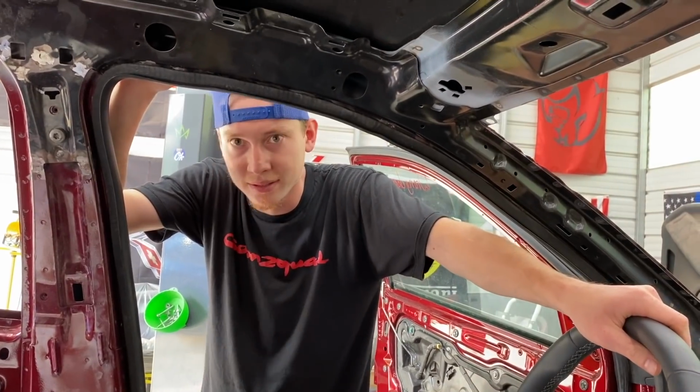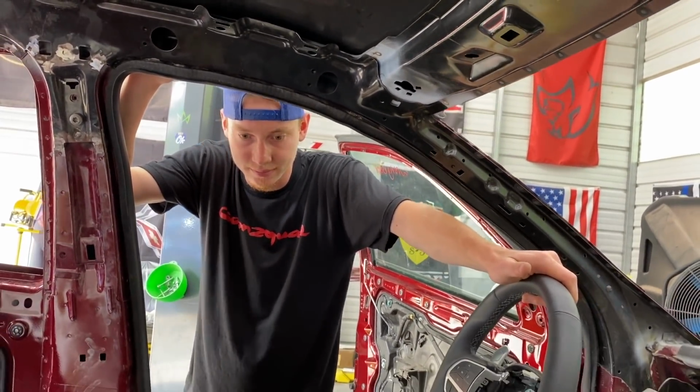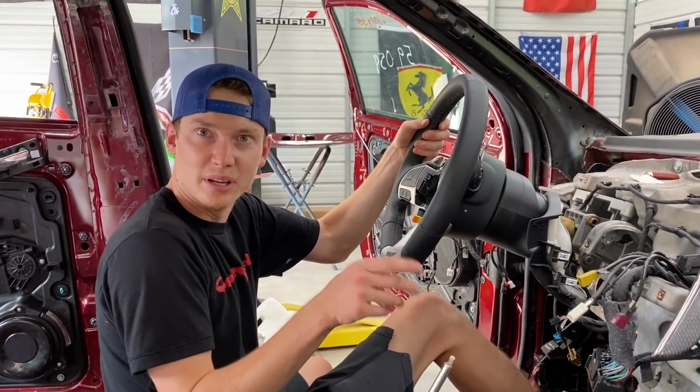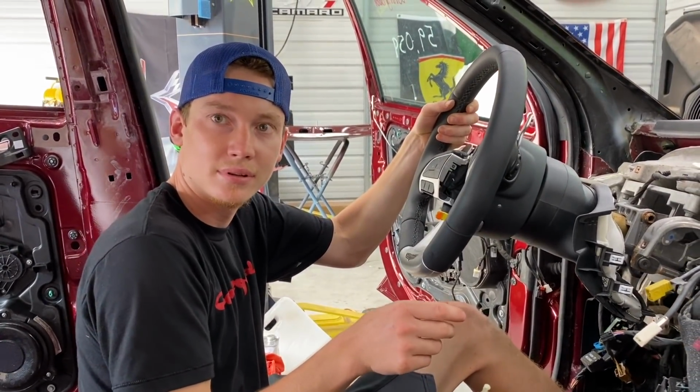You want to just see if this thing will at least fire up? We just plugged up the battery. If it'll start up, that's going to be a good sign, I guess. It'll start up and go into gear. That's for the transfer case. I don't know if it'll have any...